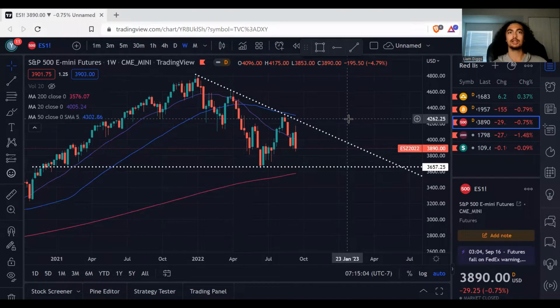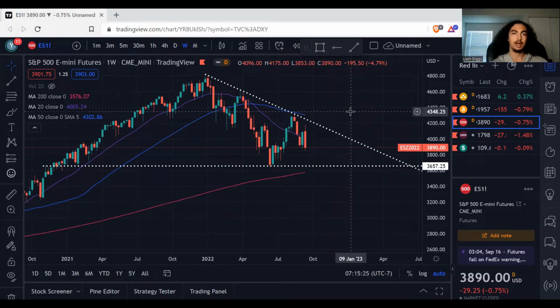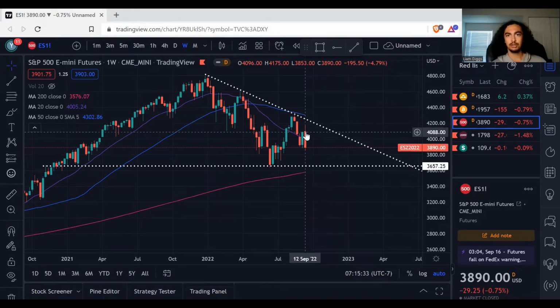So starting off on the S&P here, you can see that we had a pretty ugly week. We are on the weekly time frame, by the way. We had a very nasty bearish engulfing candle here. For those of you that don't know, an engulfing candle is just a candle that completely engulfs the preceding candle, meaning that it's larger than it. A strong move to the downside. We closed the week down almost 5%, so that's